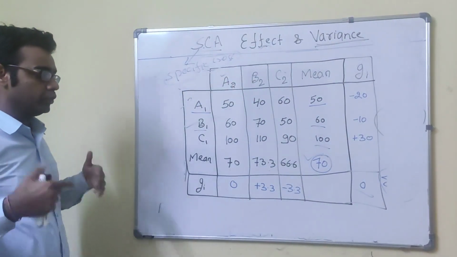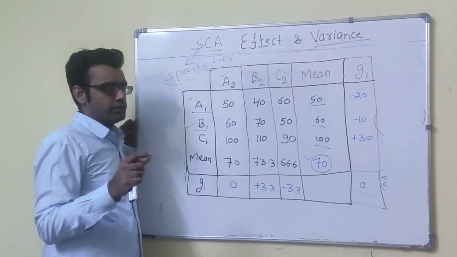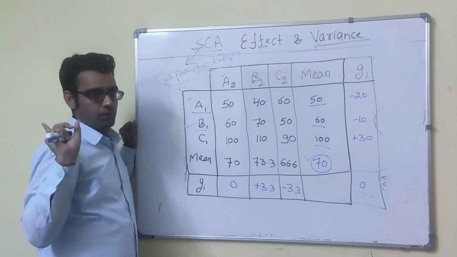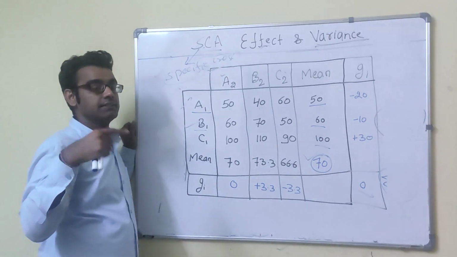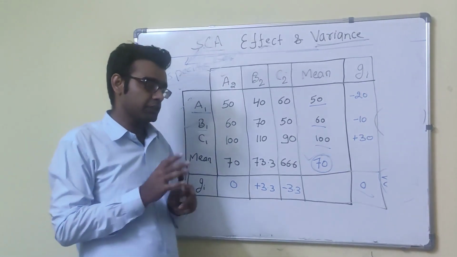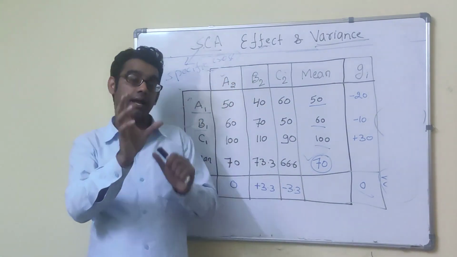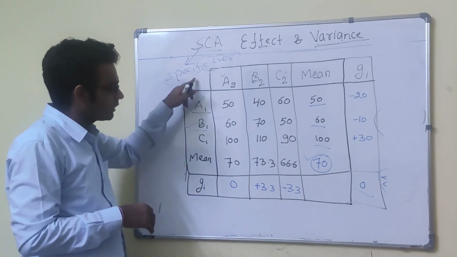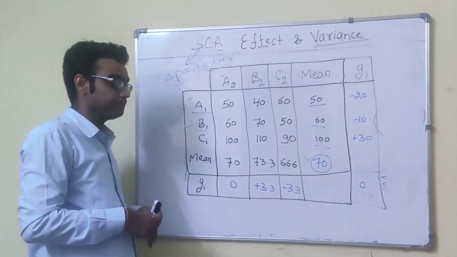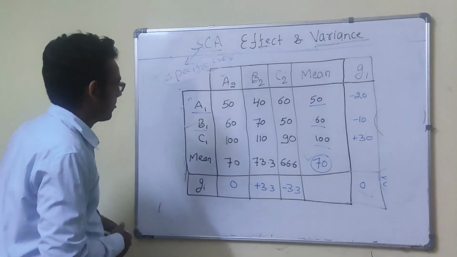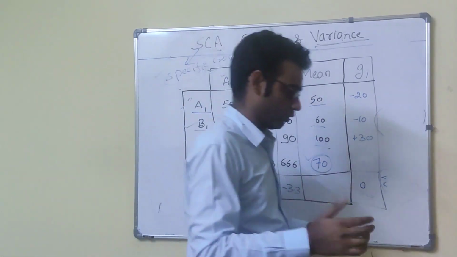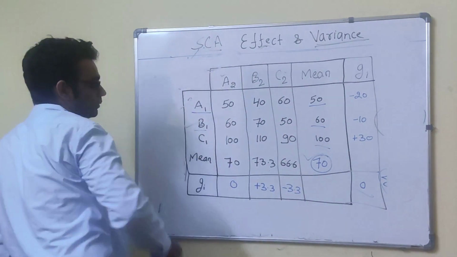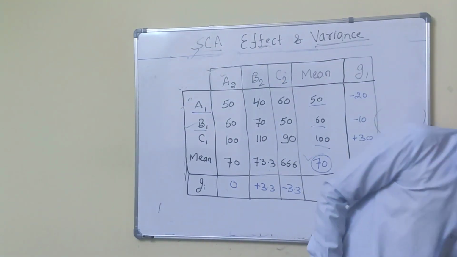Suppose anybody is saying that GCA is high. GCA is high means the parent is good. Suppose someone is saying that SCA is high, so this person is talking about the performance of any specific cross combination. So SCA is related to a specific cross, to cross and selectivity, and to the non-additive or heterotic effect. Now how will you calculate this specific SCA effect? I told you in case of GCA, it is the deviation from the population mean.